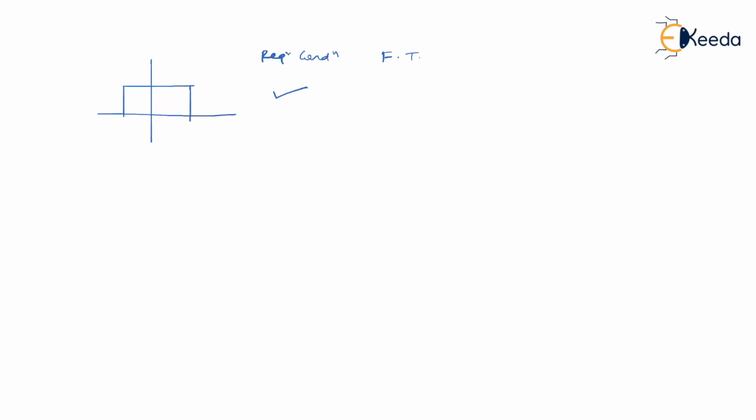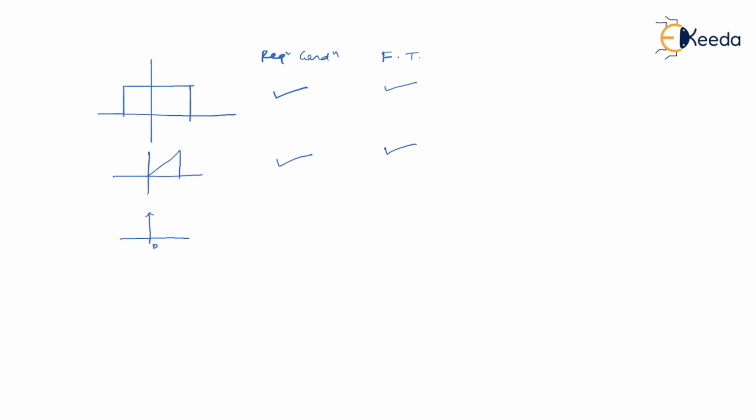Then, as I said, if the condition is satisfied, if it is absolutely integrable, meaning the area under the curve for a given signal is finite, then 100% Fourier transform will exist. Am I right? Even for this kind of signal, this is also a finite signal, meaning that the area under the curve is finite. That is, it is absolutely integrable. The required condition is again satisfied. Fourier transform will definitely exist.